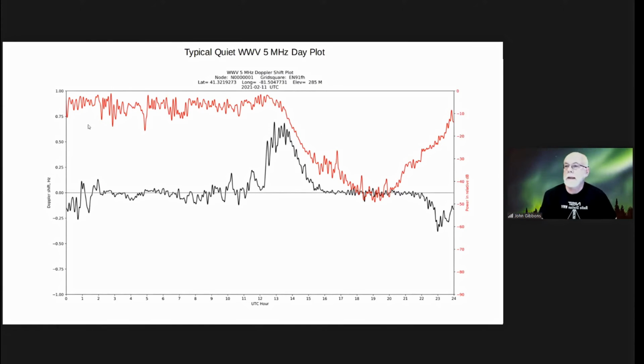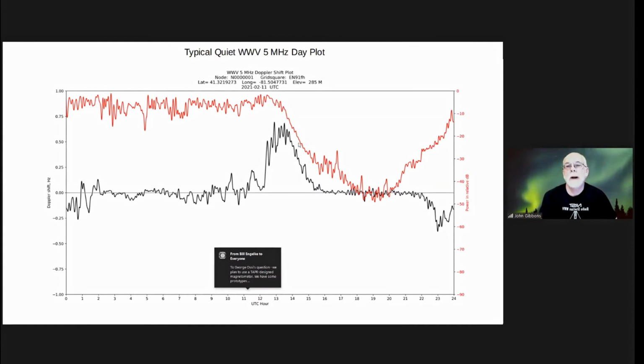So during the evening, at night, we have a nice strong signal. And you can see that the trace here stays pretty much right around 0. This is 0.25 hertz. So this is typically within 5 to 10 millihertz of the actual beacon frequency. And there are days when this is actually much quieter, but the reason I'm showing this one here is when